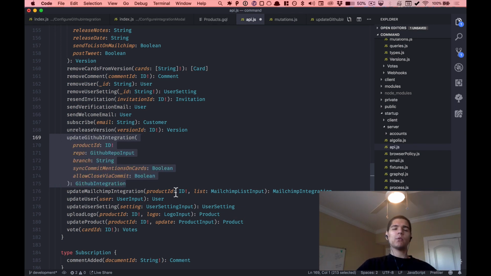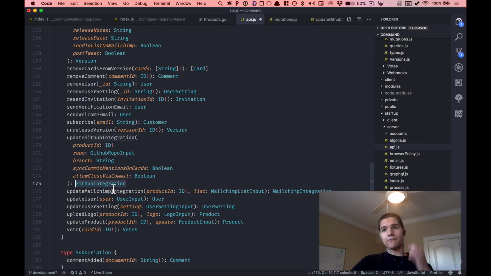You might ask, well, why do we want to do that? What's the significance of that? Or you might say, isn't that just more work? And yes, technically it is, but what it's doing is allowing us to definitively state what the arguments are, so what is the inbound data coming into this resolver, as well as what's the outbound data. If the data that we take in doesn't match what we specified here as the arguments, GraphQL will block the request. It'll throw an error. Same thing going backwards: it'll omit any data that doesn't match this type GitHub